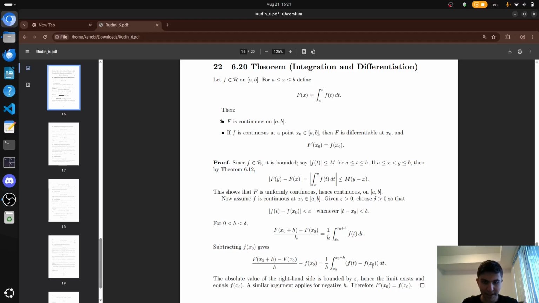And the reason why is that this thing, when you integrate it, will give you f of x0 times t. Now, we haven't shown the fundamental theorem of calculus yet, so let's not talk about it like that. And a way you can see this is